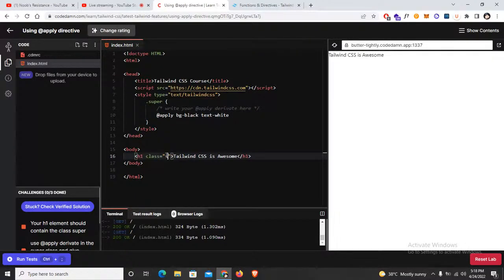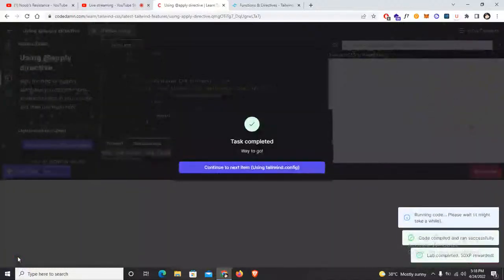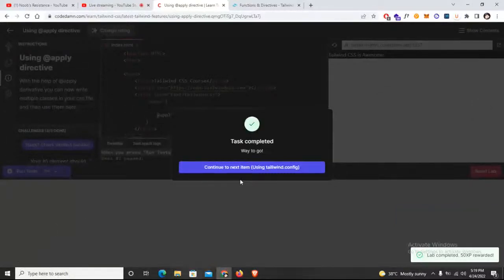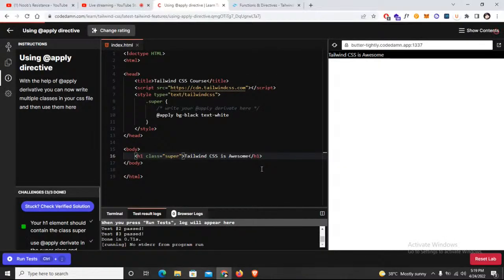उस वाली क्लास को हमने कॉल कर देना है यहाँ पे। बेसिकली ऐसे है कि अगर हमने एक ही स्टाइल को कितने टैग्स में यूज़ करना है तो हम सारों में बार बार वो लिखने की बजाय, वैसे तो हम कॉपी पेस्ट भी कर सकते हैं, लेकिन कोड को साफ करने के लिए एक क्लास अपनी बना लो स्टाइल CSS के अंदर जाके और उसमें ये अप्लाई डायरेक्टिव कर दो। फिर यही कॉल बस इधर करते जाओ। तो देखो यहाँ पे सुपर क्लास आ गई है। यानी कि अब हम कोई और H2, H3, H4, H5 में सारा कुछ बैकग्राउंड ब्लैक और टेक्स्ट वाइट करने की बजाय सुपर ही लिख देंगे तो काम बन जाएगा हमारा। हमने टेलविंड बनाई इसीलिए कि उसके अंदर से हम सामने ही रहते हुए कर लें। टेलविंड कॉन्फ़िग मेरे ख्याल से ये होता है कि कॉन्फ़िग की फाइल में जाके चेंज करता है।